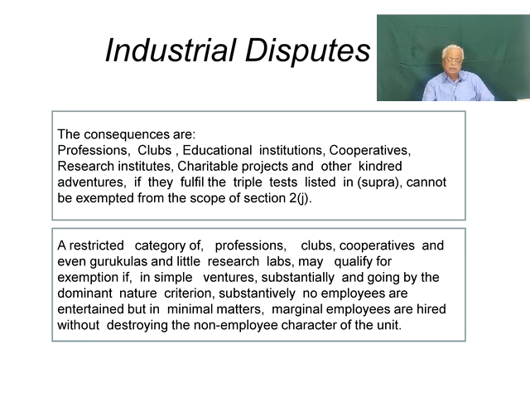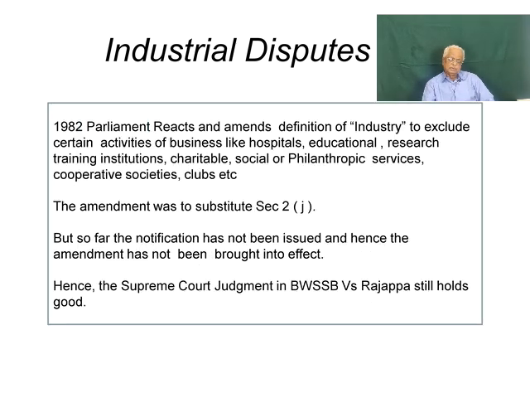Some exceptions have been made. Now here, on account of this interpretation of the definition by the Supreme Court of India, the government thought we should amend the definition in Section 2(j) and restrict it. Again, they were not happy with the judgment of the Supreme Court and said we will exclude activities like hospitals, education institutions, research institutions and other things. That's the kind of thing, and hence they amended the definition of industry in Section 2(j) and it has been notified,